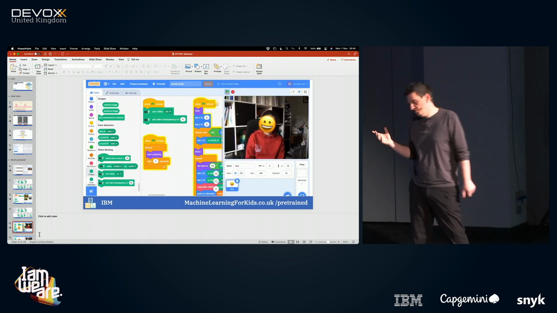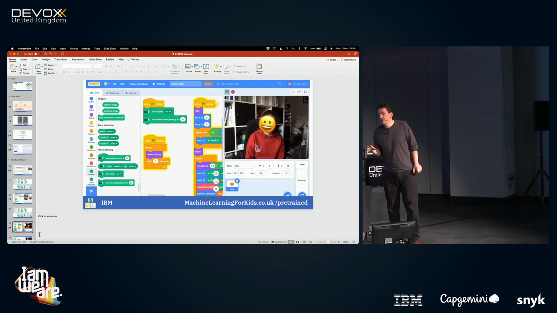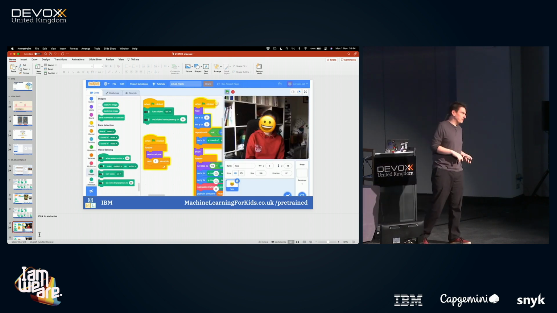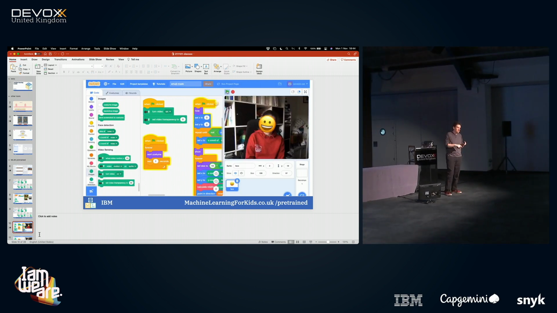So how long does it take to do one of these projects? It varies. The images are definitely quicker. Kids are really slow at typing. So the text classifiers, where they have to type in lots of examples, take a long time because kids do single finger typing. But the image ones, where they're using a webcam or just dragging and dropping pictures, in a 45-minute lesson you can train the model and make something in Scratch with it. So in a single lesson, they can do the whole thing.